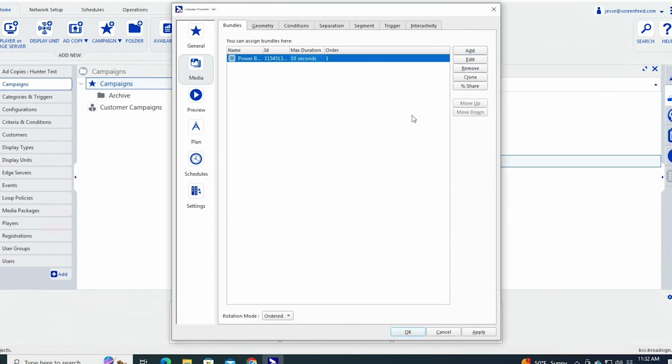We can adjust things like duration, but once we hit apply, we'll see that push to the player. Now the player has that authorization, so we won't see necessarily device code or anything like we do with other authentication methods. If we don't have the secret or the value correct, it will not show up on the screen. So there it is. I've got my Power BI report showing on my Broadsign player using that authentication.